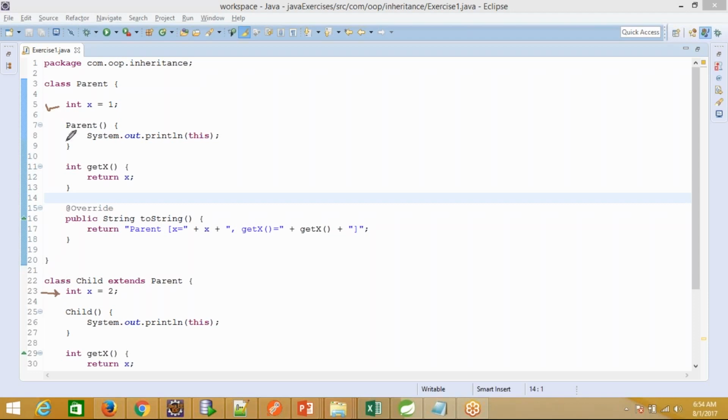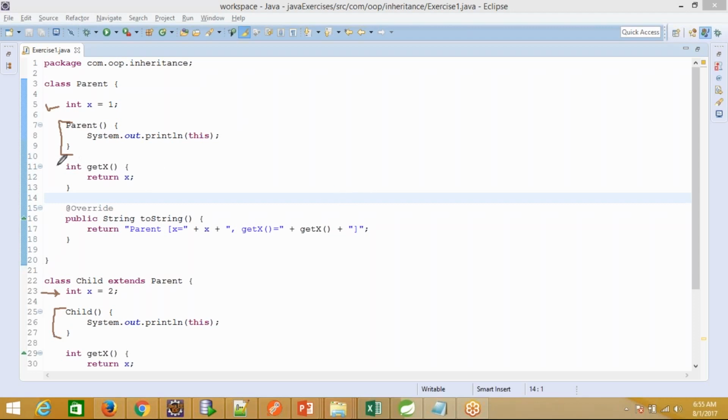And I have a respective default constructor for these two classes. In the parent default constructor, I'm printing the this reference. And for the child class, again I have the child constructor, and this one is also printing the this reference.